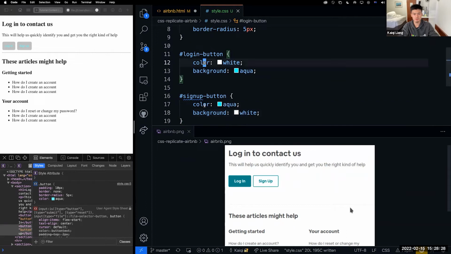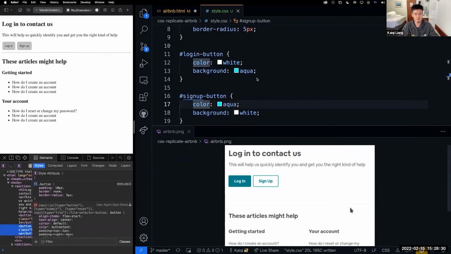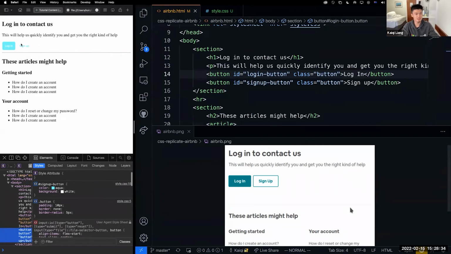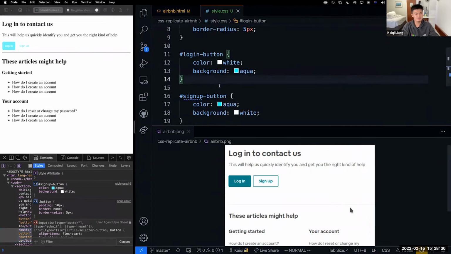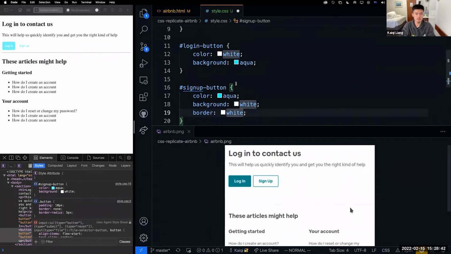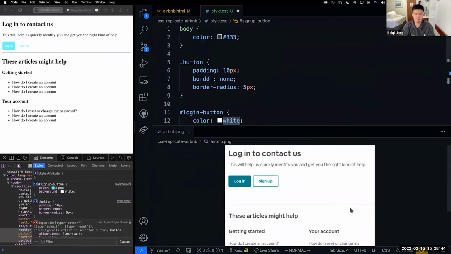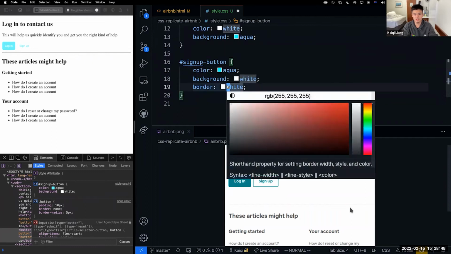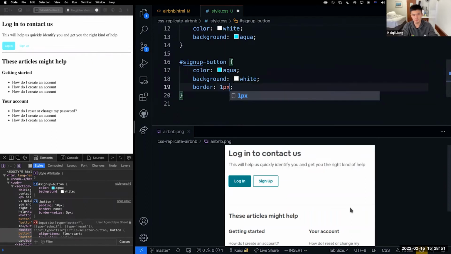So they just kind of swapped. I did not save this file. There you go. We also need a border color for this one, because we said earlier border is none. We're gonna redefine the attribute for border. So let's just give it 1 pixel solid and